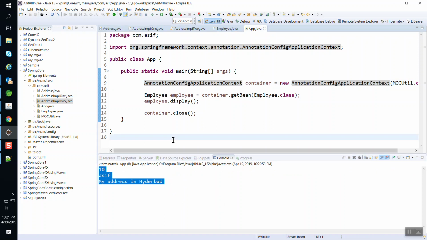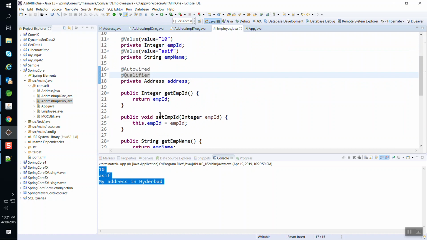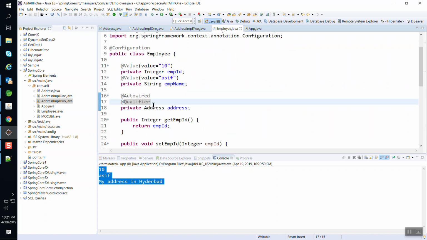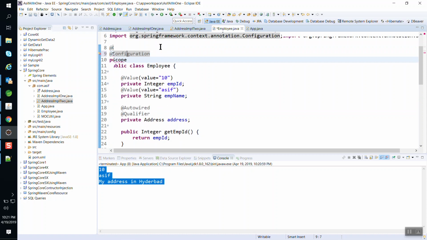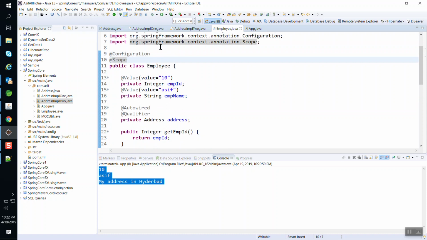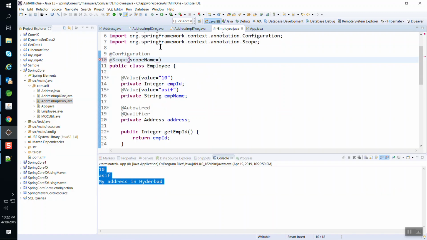Oh, I forgot to talk about one more thing. I forgot to talk about the scope. Let me add a scope here. Scope I can add at the class level, right? So let me add the scope, control space, and inside it, I'm going to use scope name is equal to